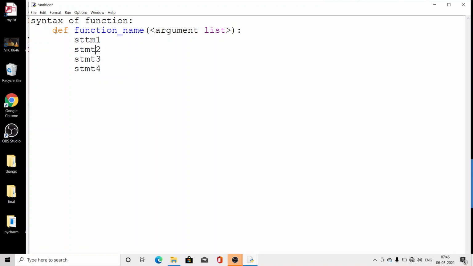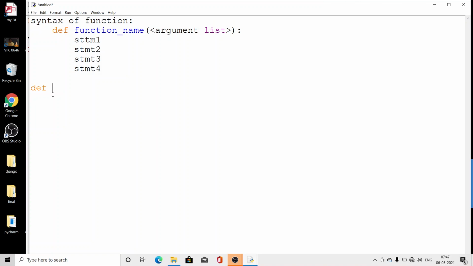This is called the function header, the function's name. This is the argument list, and this is the body of the function that has to be executed when the function is called. For example, I am going to make here one function that is used to display hello.